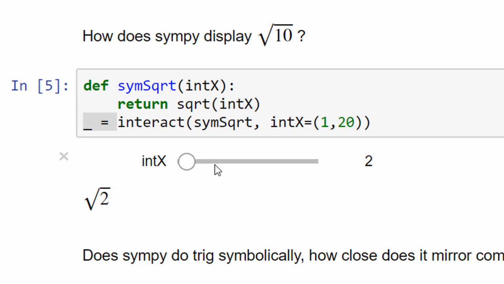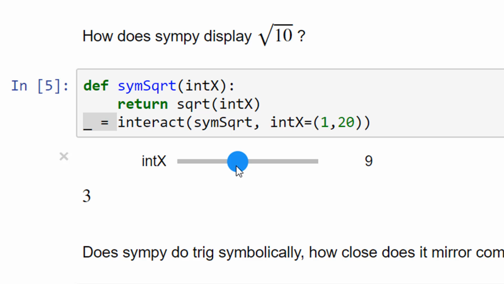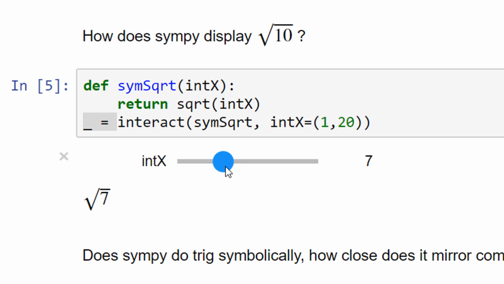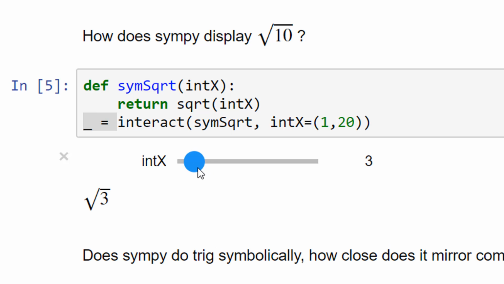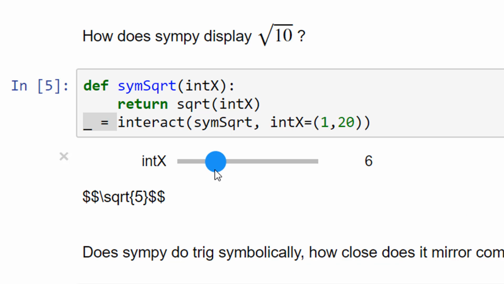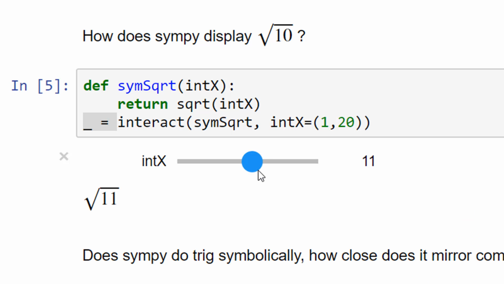and it's interactive. What I wanted to do was see if it could display the square root of 10. There it's displaying the square root of 10. Can it display the square root of 9? Yes. 8? Yes. 7? It gives up. 6, it can't either. 5, it can't either. 4, it can. 3, it can't. 2, it can't. So if we go above a 10, 11, 12,